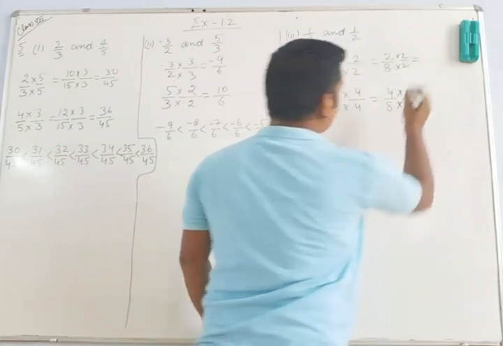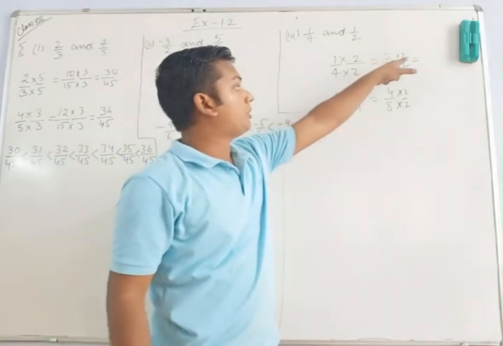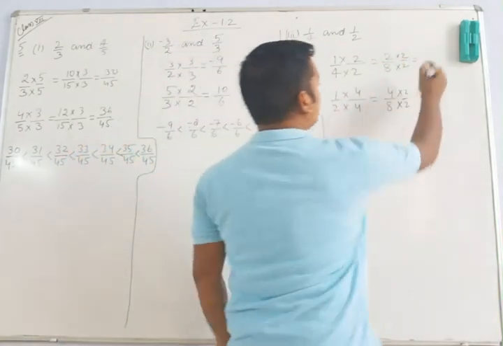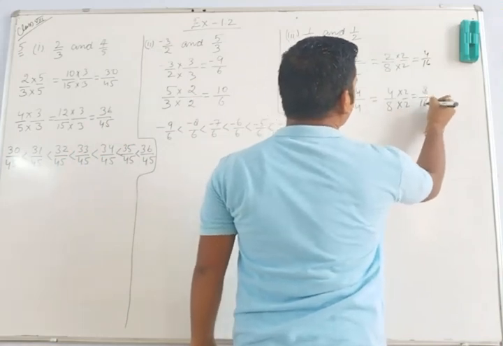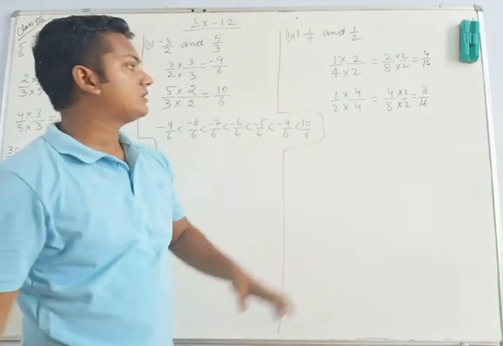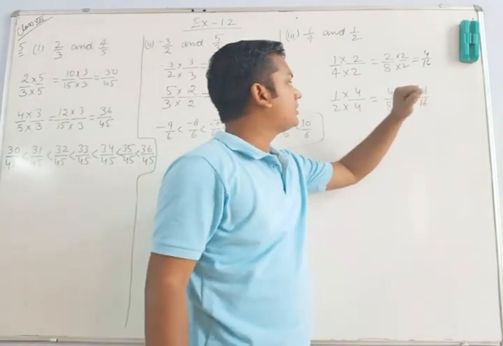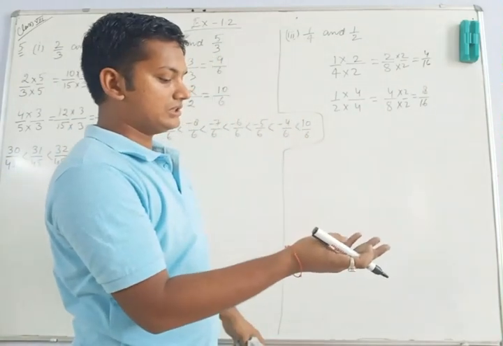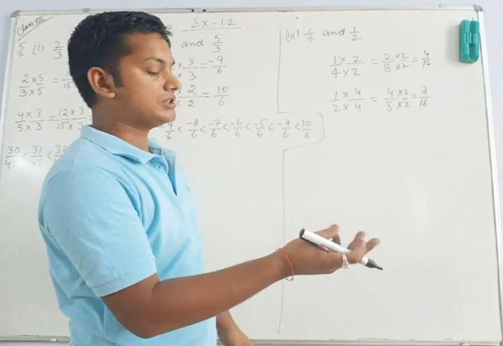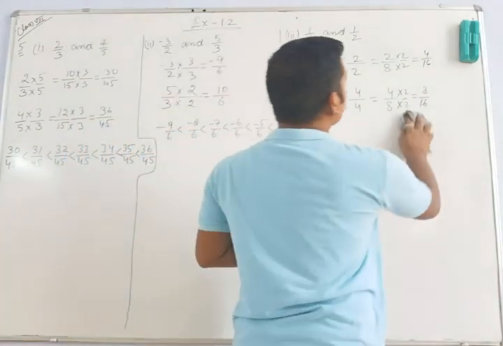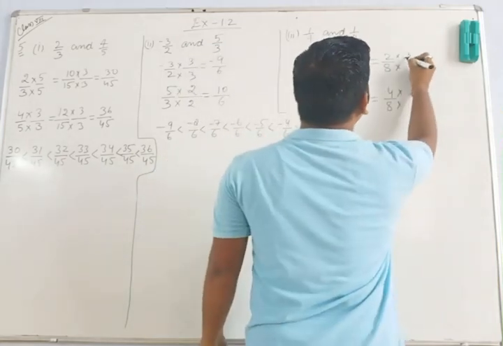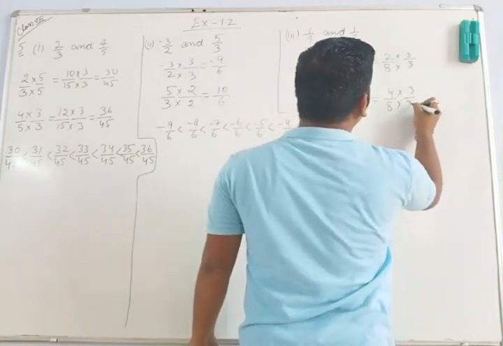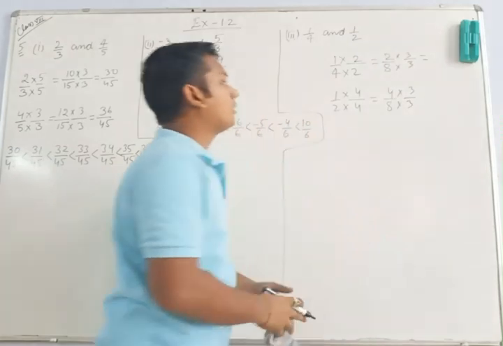So when I multiply it with 2, what will I get? 2 upon 2, that is 4 upon 16, and 4 upon 2, that is 8 upon 16. So in this case, check how many rational numbers we are getting: 5 upon 16, 6 upon 16, 7 upon 16. That means only 3 we are getting. That means this number 2 is insufficient. So we have to multiply it with a bigger number, that is 3. Let us multiply it with 3 and check what comes.